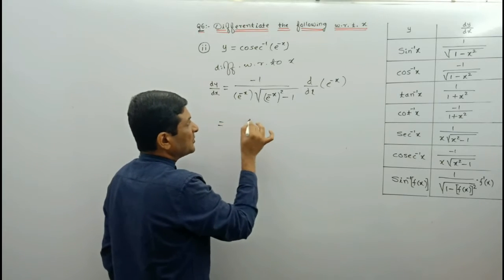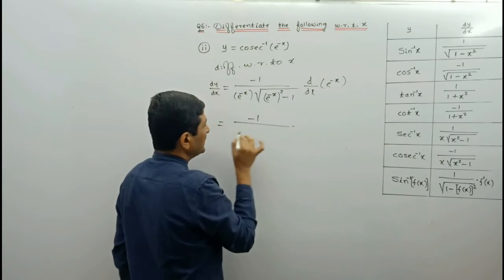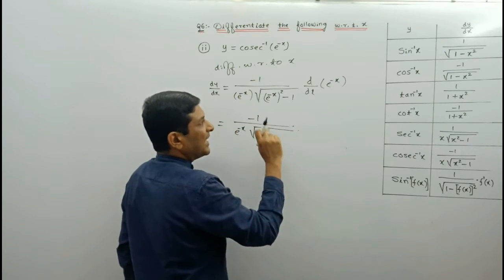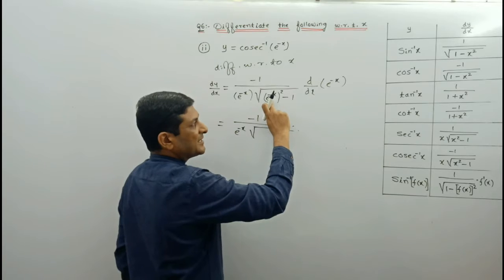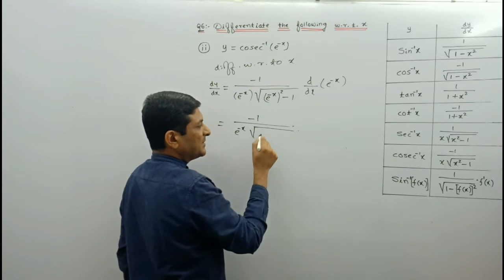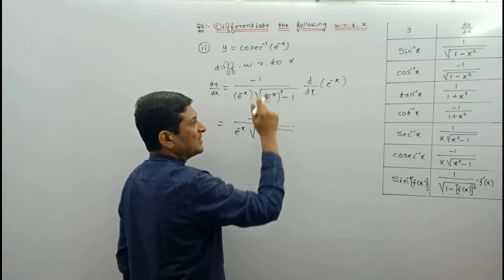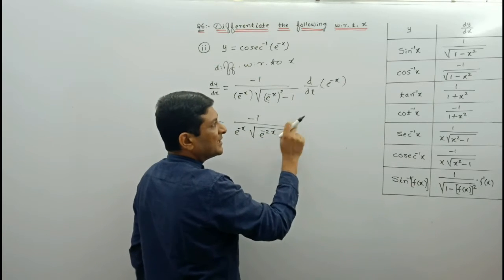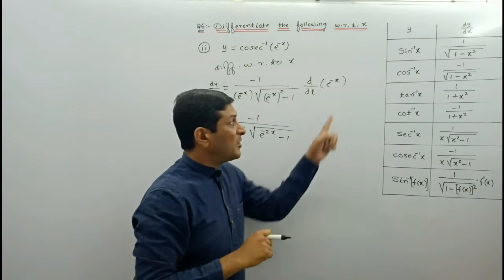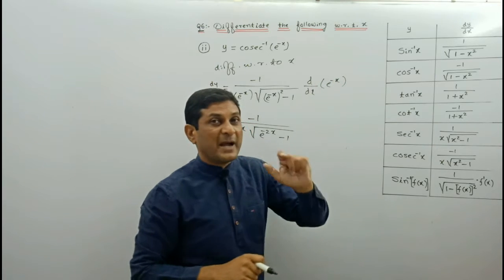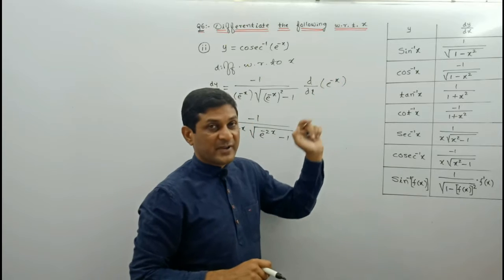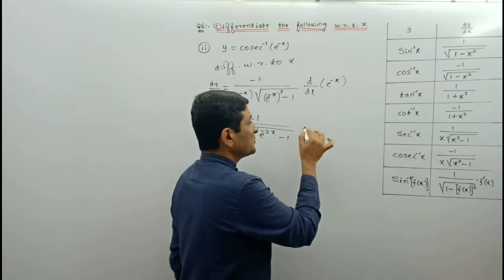So which is equal to minus 1 upon e raised to power minus x, keep it as it is, under root. Here according to laws of exponent, a raised to power m raised to power n can be written as a raised to power m into n, means here we will get minus 2x, minus 1, keep it as it is. Now this function is again in the form of e raised to power f of x. Instead of x, minus x is there. And what is derivative of e raised to power f of x?